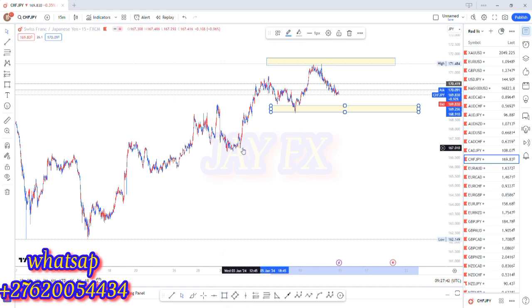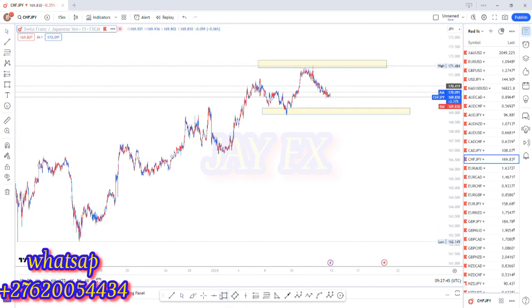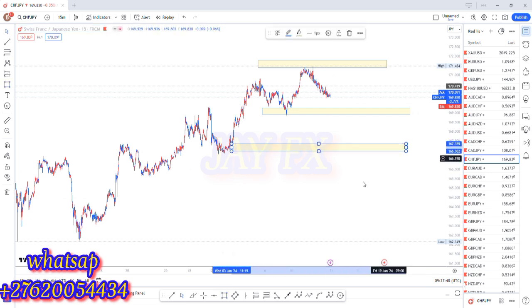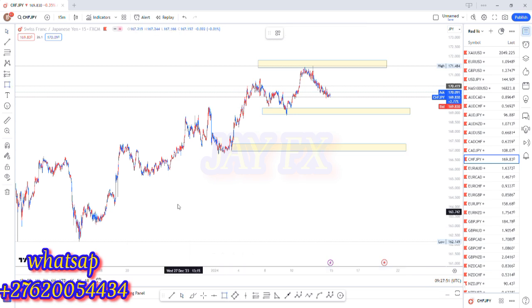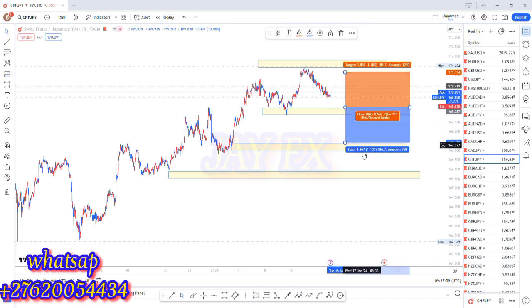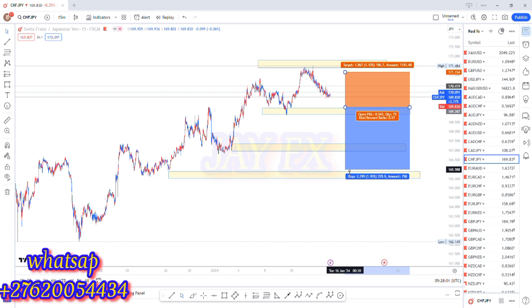And then check the previous lower low. The previous lower low was this, which is now considered as supporter, and the second previous lower low was this. So now we're going to see how we're going to take our take profits from the 15-minute time frame, and how we're going to